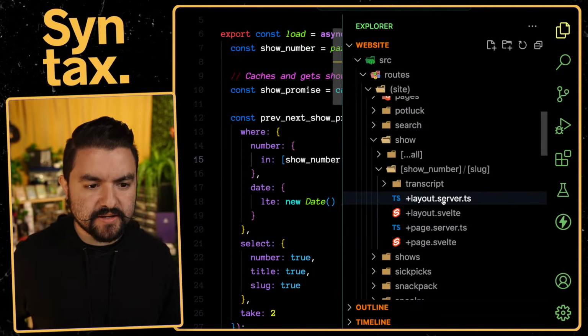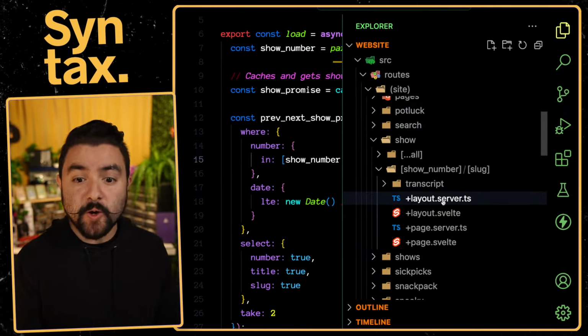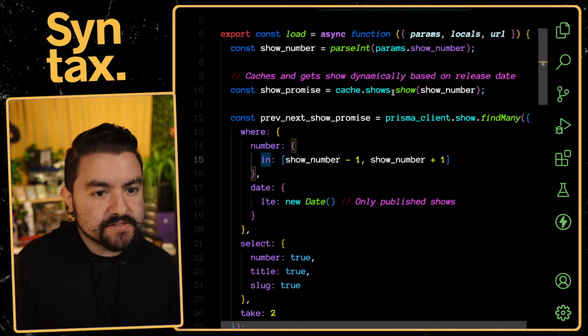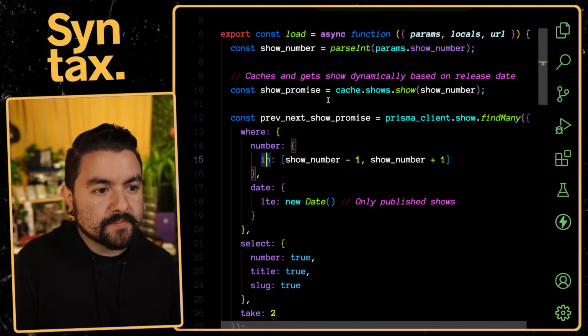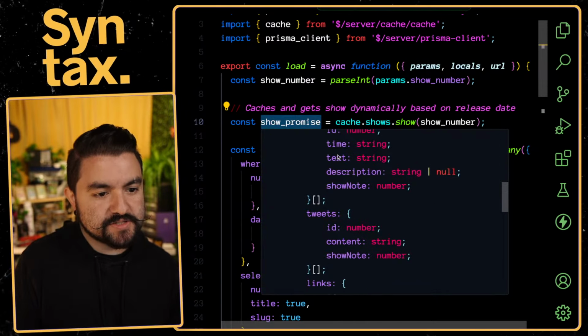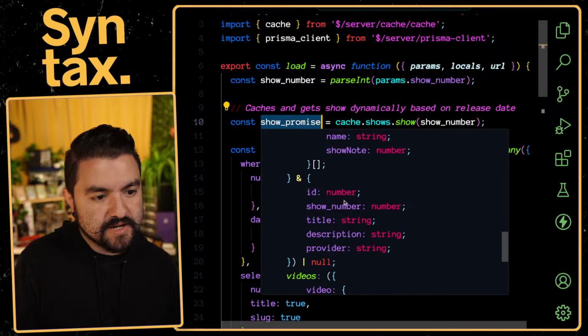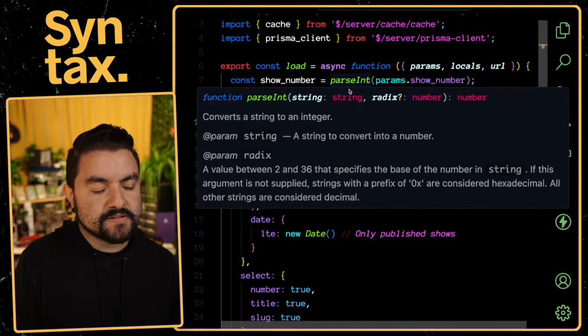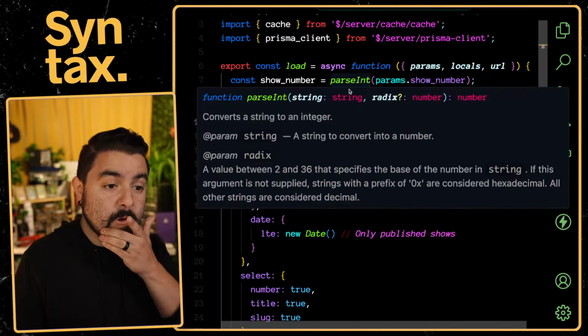So let's see. If we look in layout.server, this is the code that runs on the server that actually talks to the database. And we do some caching. So basically pull the show from the cache or from the database if it wasn't in the cache. And this has guests, hosts, all our AI show notes, and then all the info about it. So we should have access to the show